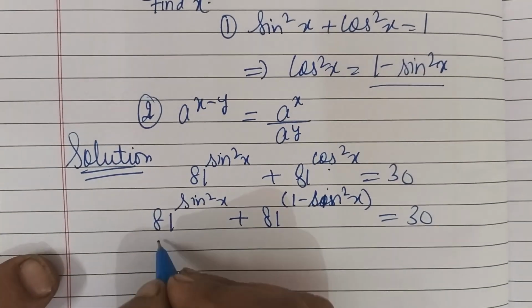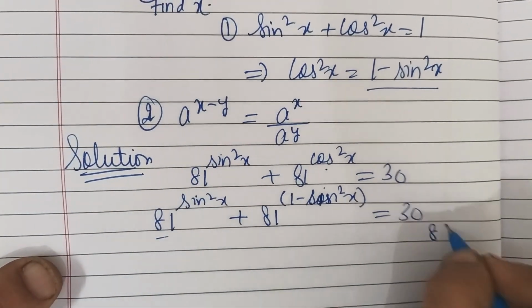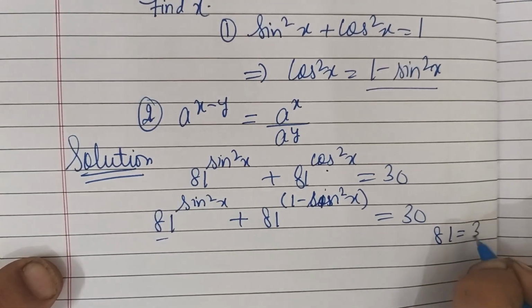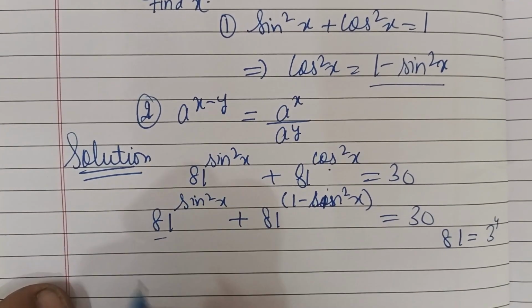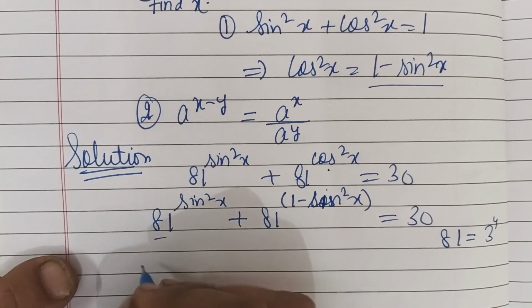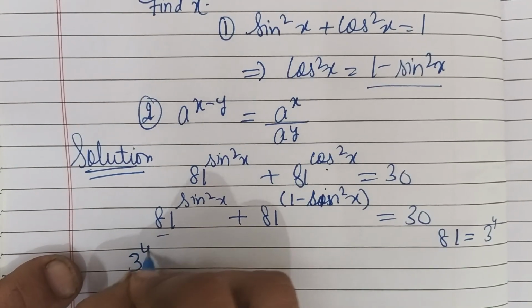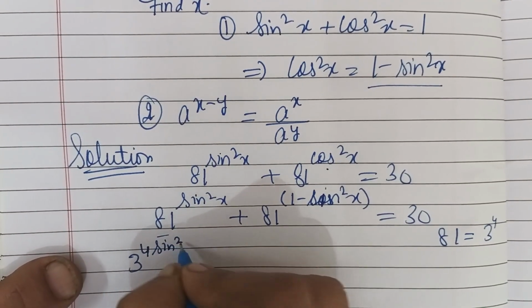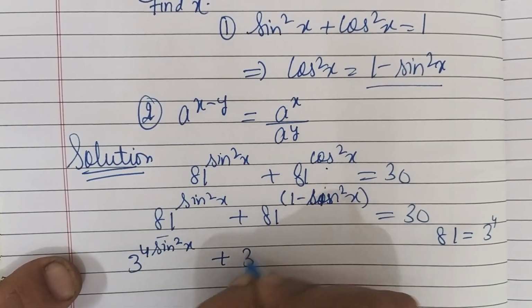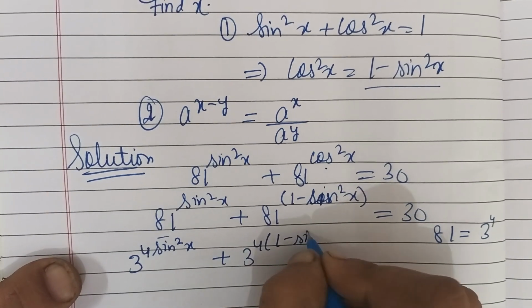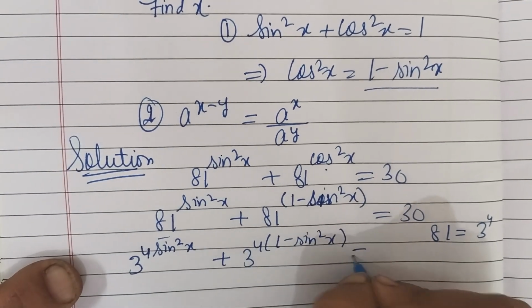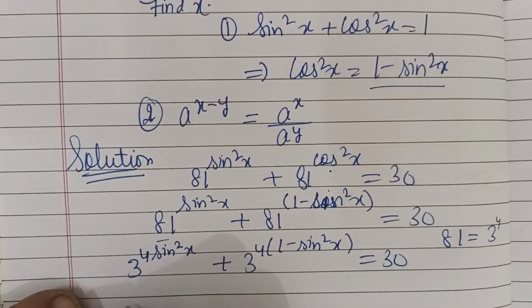Now we can write 81 as 3 raised to power 4. So here we can write 3 raised to power 4 sin square x plus 3 raised to power 4 times 1 minus sin square x equals 30, which will become